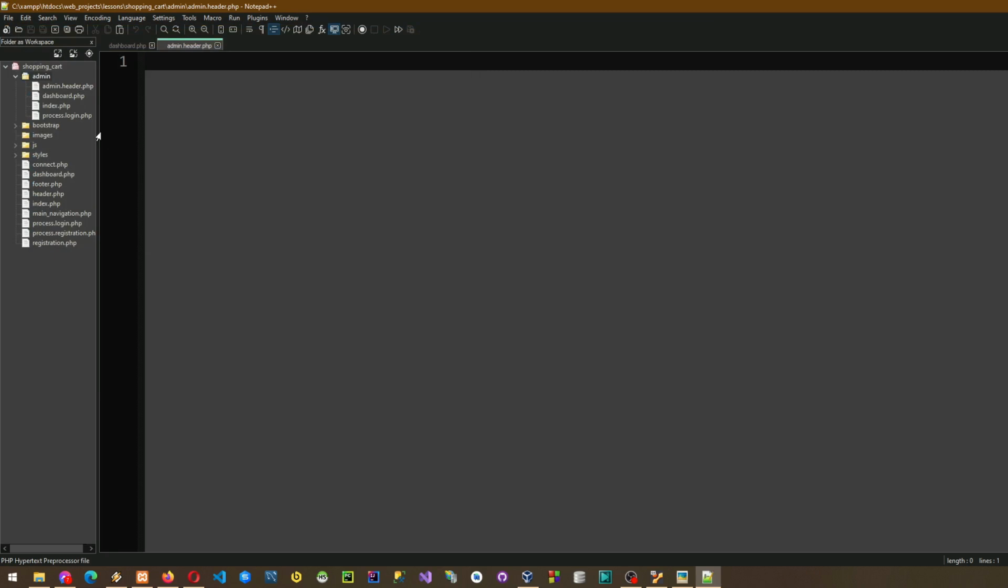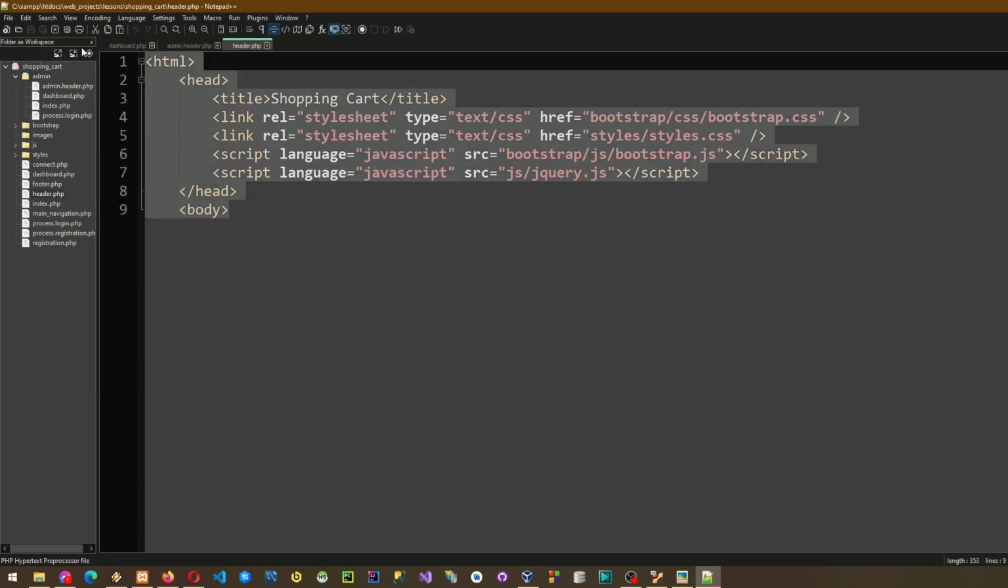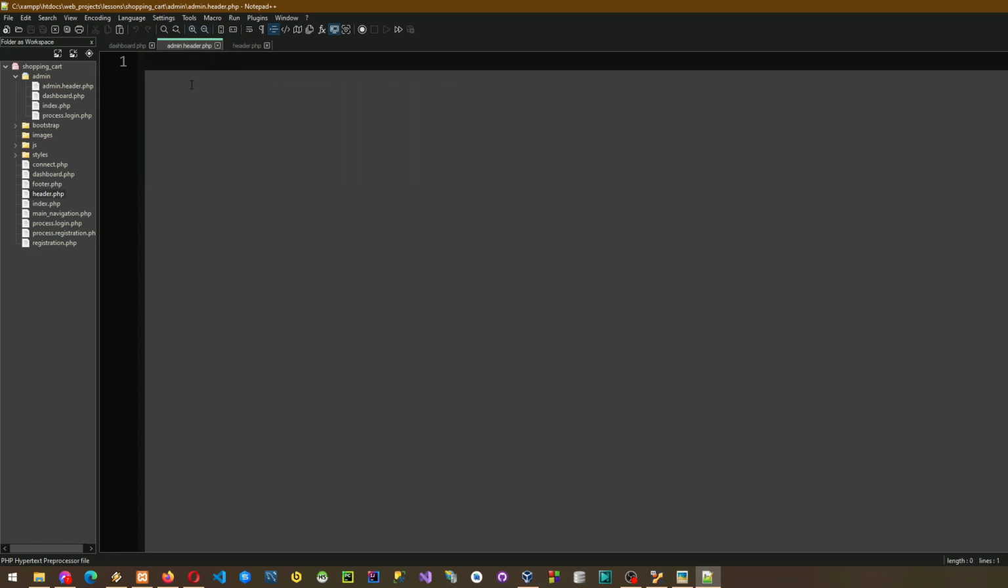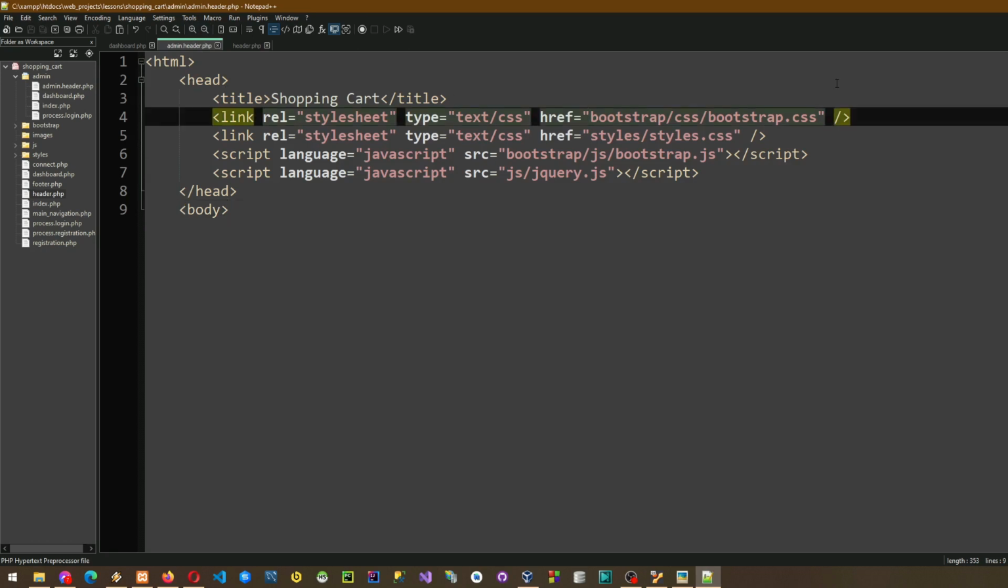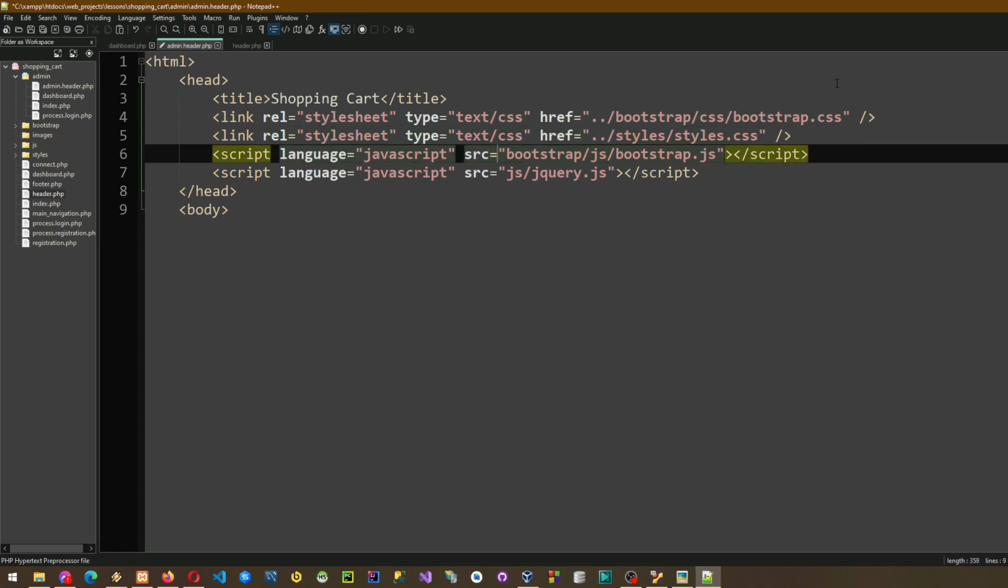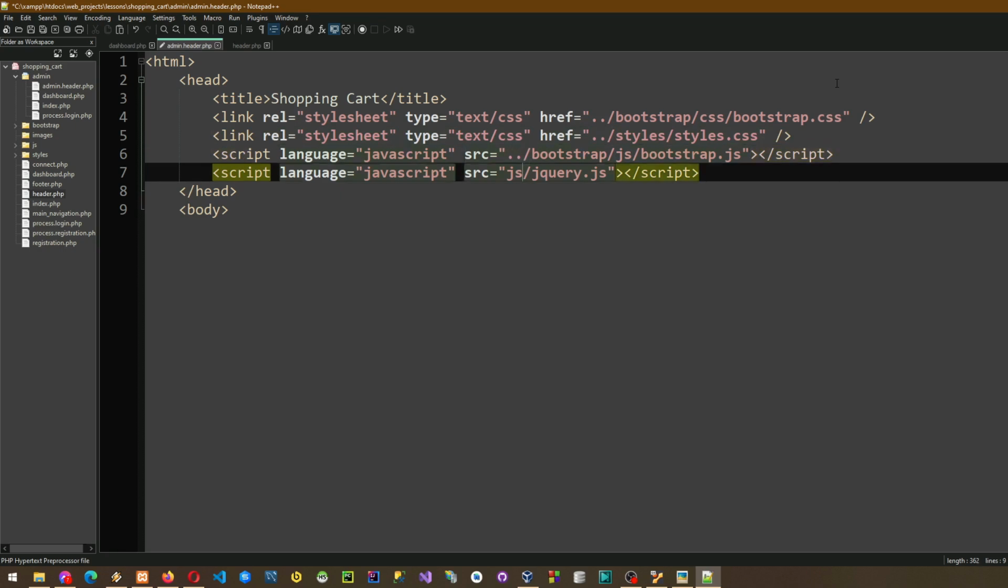So what I'll be doing is copying this code. I got this one from the header.php of my users. So I'm going to paste it here. Since the bootstrap folder is located outside of my admin page, I'm going to add ../ to the path. Same also with my styles, ../ and this one as well, ../ and ../